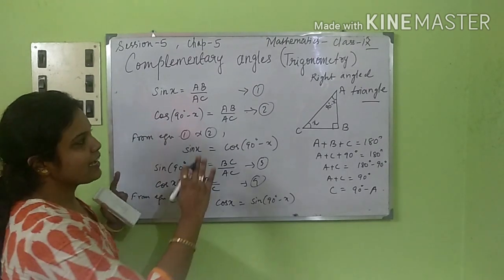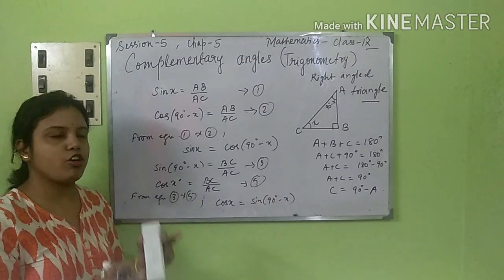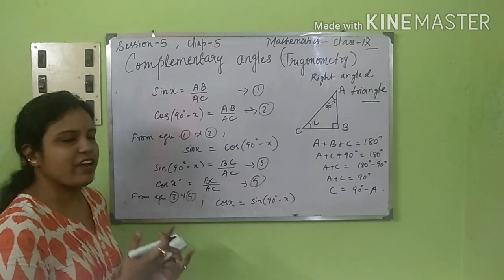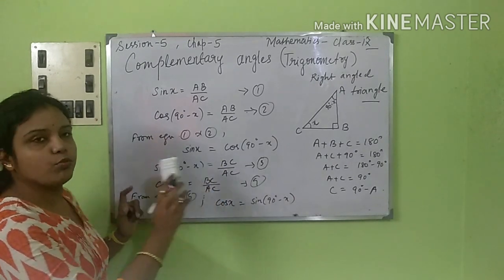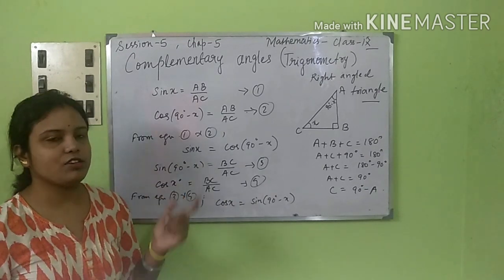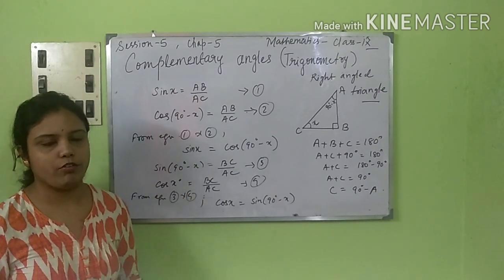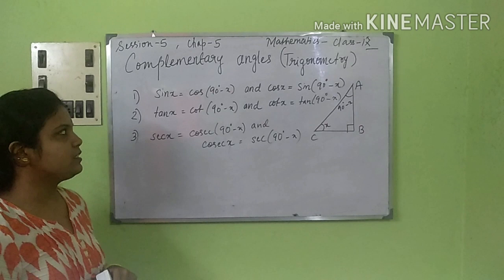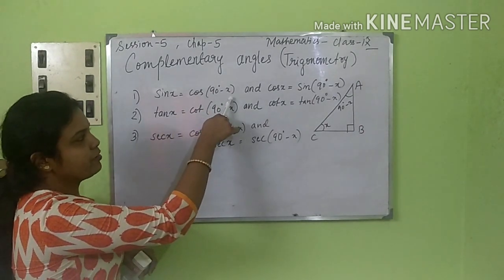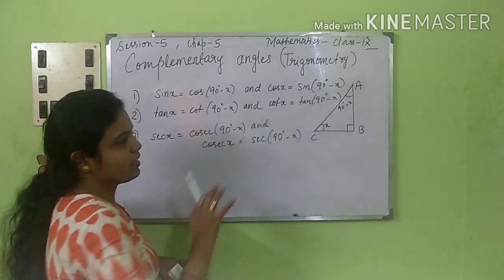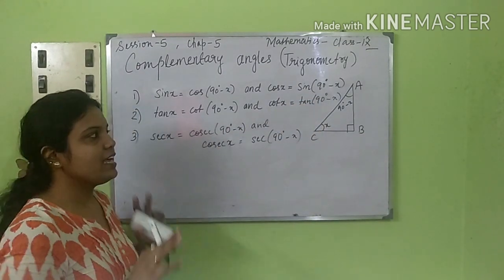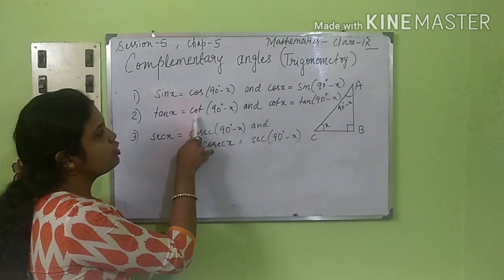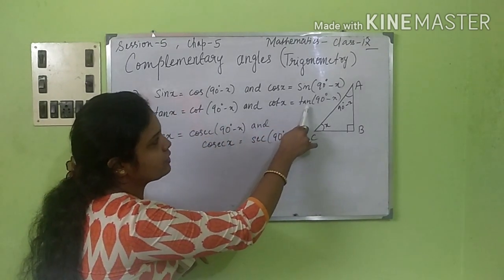Okay, next, coming like this only we can also solve for other trigonometrical ratios. That same process I am not going to do right now, you can try it yourself. It's very easy as you saw. So I'm just going to write you what are the results of it. So just have a glance of all the trigonometrical ratios of complementary angles. So these are the particular ratios. Please have a look at it. Sin x equal to cos 90 degree minus x and cos x equal to sin 90 degree minus x. This we have already proved, right? The next ones which we can get from this particular right angle triangle are tan x equal to cot 90 degree minus x and cot x equal to tan 90 degree minus x.